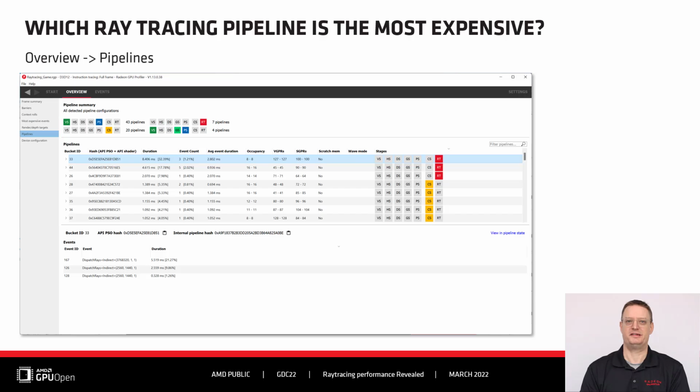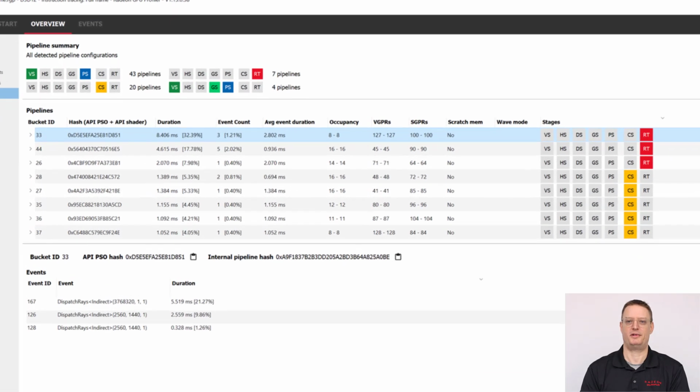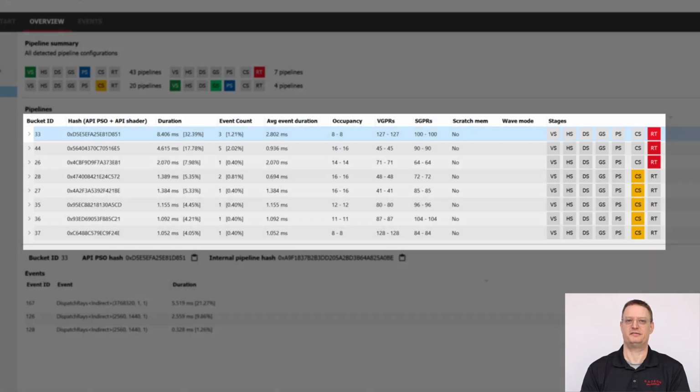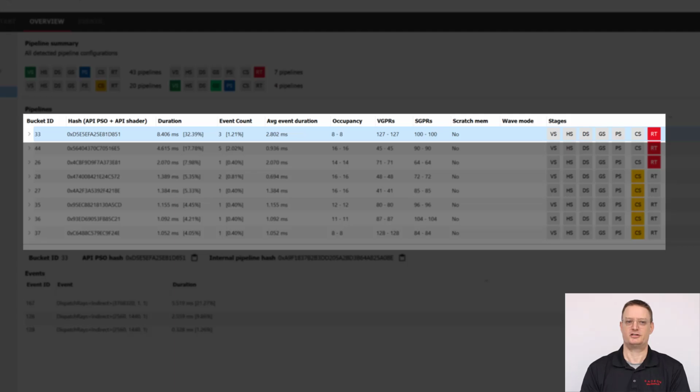Just like in the Most Expensive Events window, you can sort the pipelines by shader stage. Once you do that here, you can quickly see which ray tracing pipelines are the most expensive. In the case shown here, the most expensive pipeline is used by 3 separate events, and it also has the highest average event duration. This lets us know that this pipeline would be a good candidate for optimization.